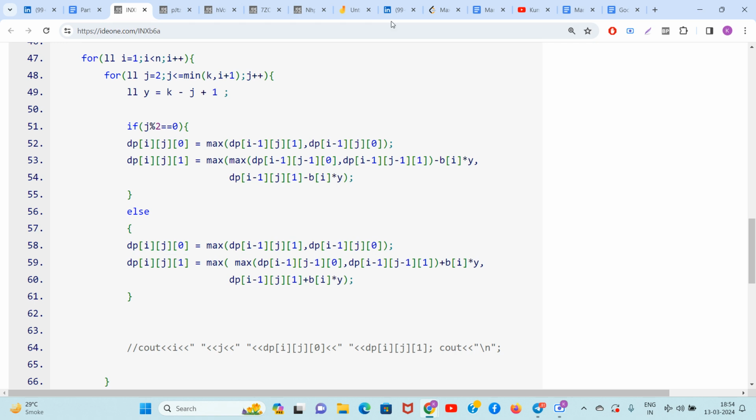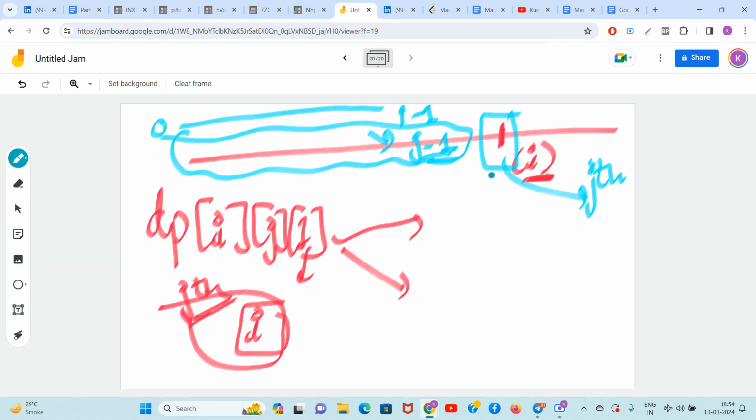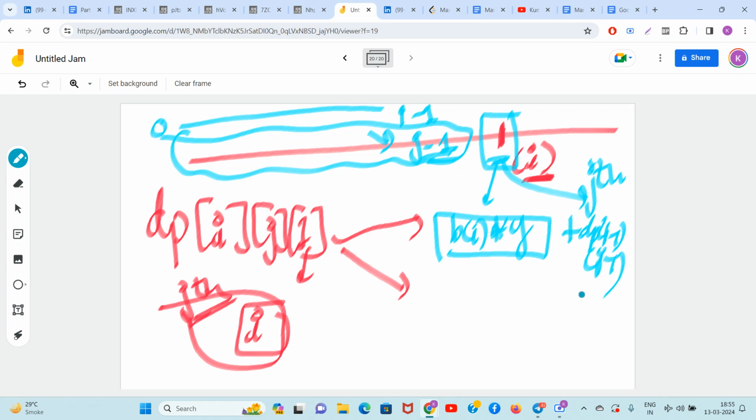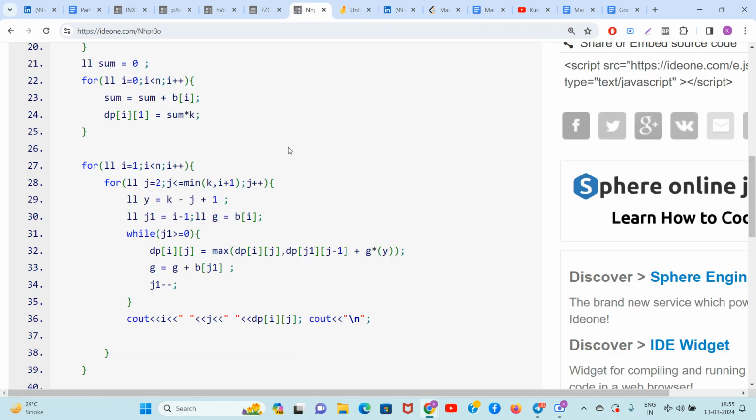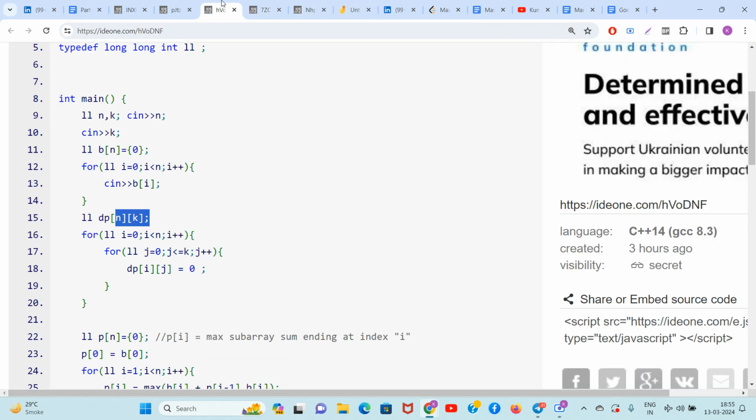If you include the single number in the jth part, this single number you will multiply by y. This formula I have seen before. Basically, I am including only the last number. For two, three, four, ignore them. Only one last number is included in the jth part, and whatever is the best answer for dp I minus 1, j minus 1. So b of I into y,